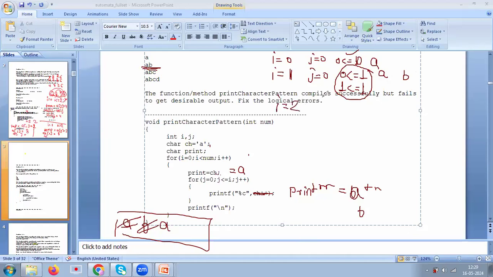i equal to 2 is there, j will be starting with 0. So 0 less than or equal to 2, 1 less than or equal to 2, 2 less than or equal to 2. 3 times the condition will be true. Every time print is starting from A. So first time it will print A, then print plus plus, second time B, then print plus plus, third time